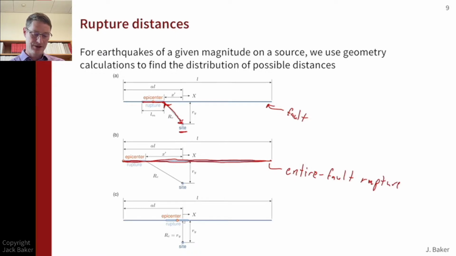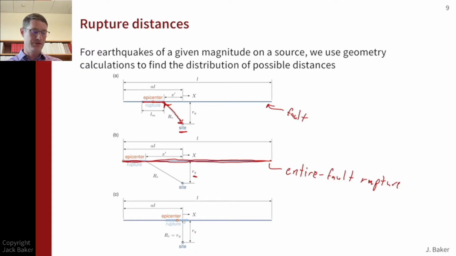an entire fault rupture, the distance is always going to be this RY distance, the closest distance from the fault to the site. And so for the large magnitude ruptures, we'll tend to have closer distances because some portion of the rupture will get close to the site. For the smaller magnitude earthquakes, we could have a more distant distance. Okay, so if we combine together that